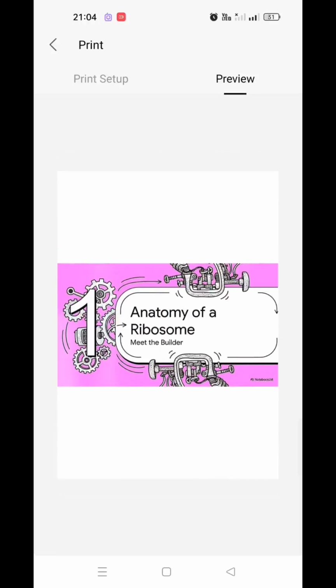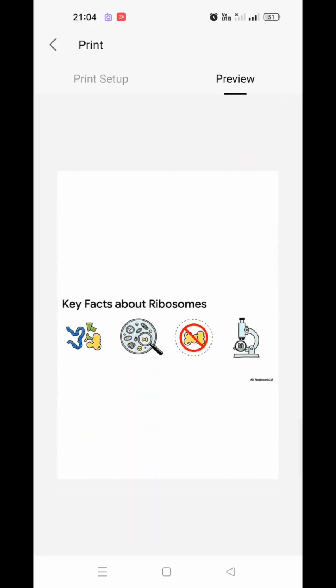So first we will discuss the anatomy of the ribosomes. Ribosomes are very minute structures which cannot be observed with the naked eye, and they are membraneless structures, very minute in size. Their diameter is around 32 nanometers in size. The discovery of the ribosomes was made only after the invention of the electron microscope.